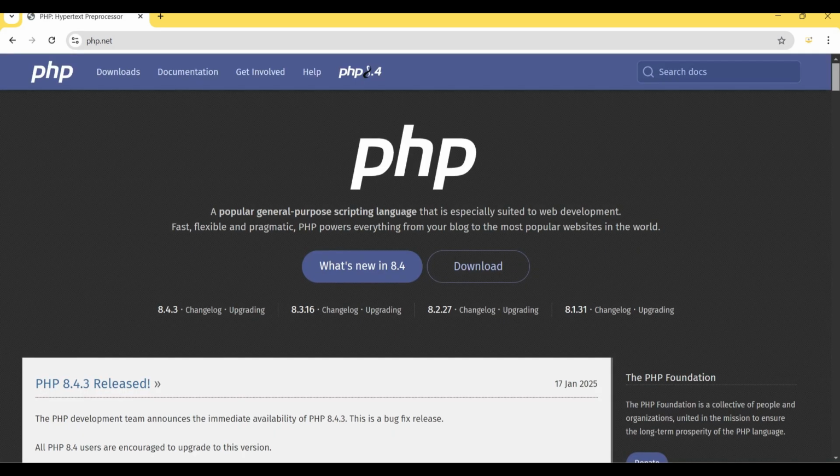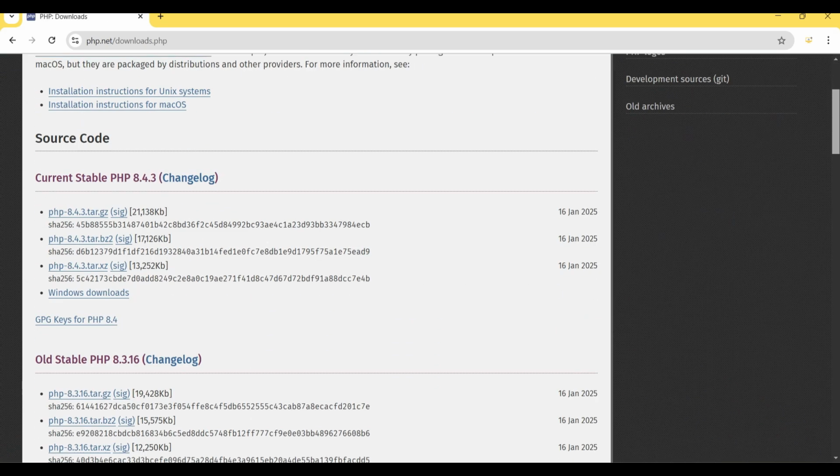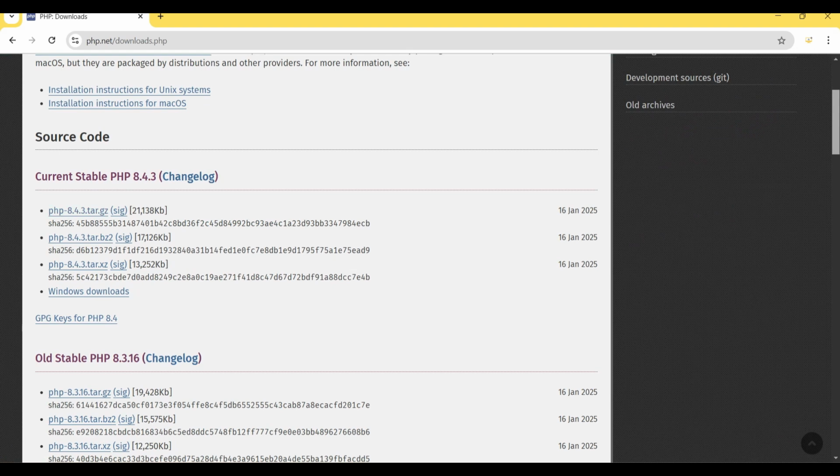After that, I will go to downloads and then scroll down. The current stable version of PHP is 8.4.3. I click on Windows Downloads